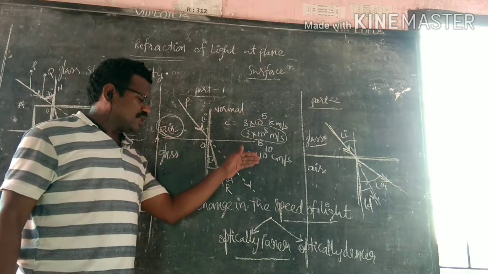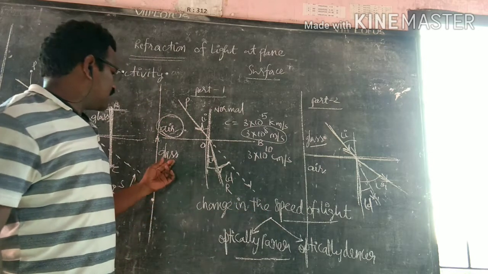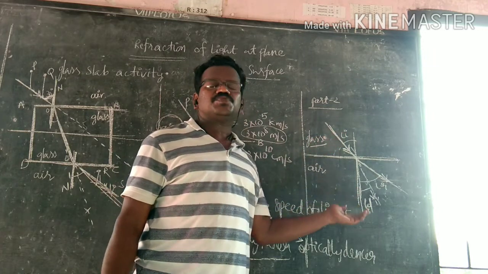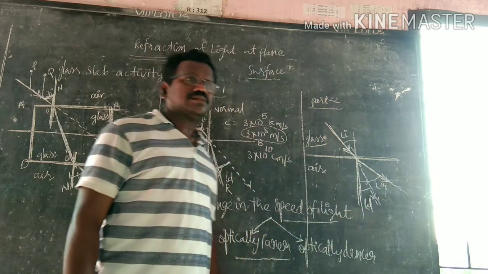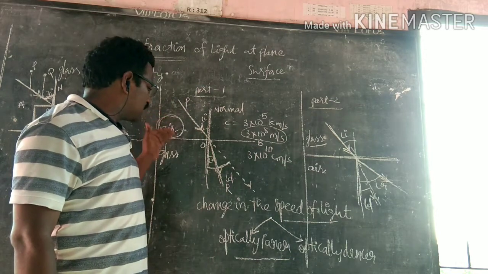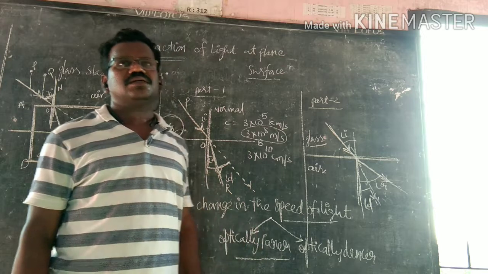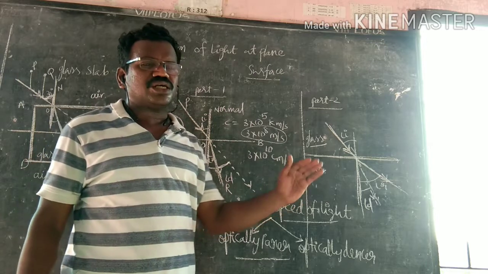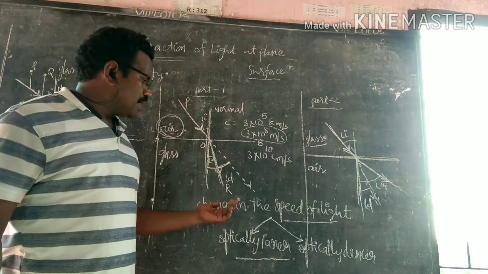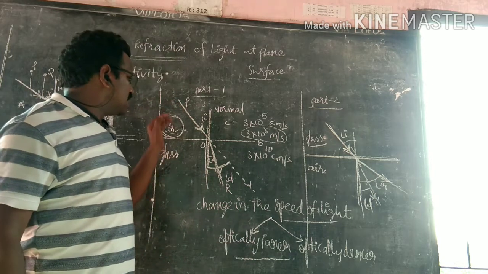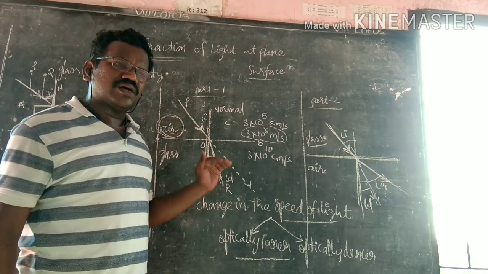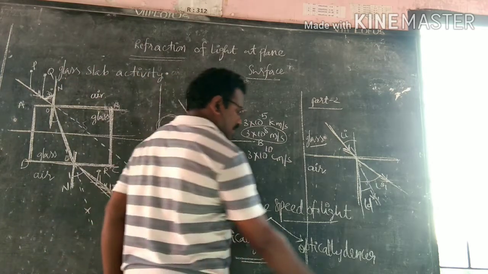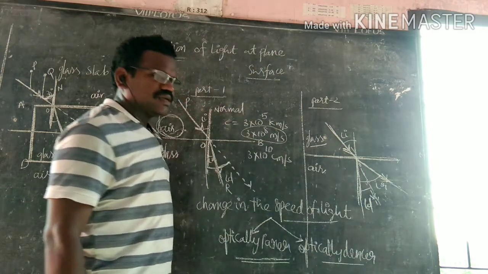That much of the light speed changes whenever it enters the glass. When the light travels from glass to air, its speed gradually increases. When the light ray travels from air to glass, the speed gradually decreases. If the light ray travels from one medium to another medium, there is a change in the speed of light. Depending upon the change in the speed of light, optical media are divided into two categories: optically rarer medium and optically denser medium.